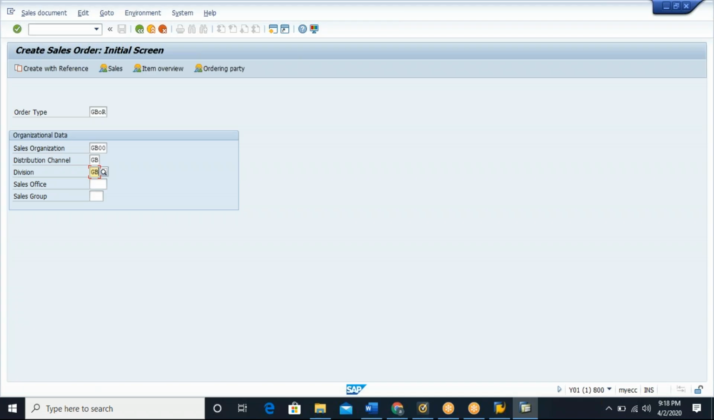While creating the sales order in SAP, we need to specify what kind of sales order you are going to create. That is controlled by the order type, and then you need to specify the organizational data. That means at what level of organizational data you are creating the sales order, whether you are creating the sales order for sales area 1 or sales area 2 or sales area 3, whatever it is. And then